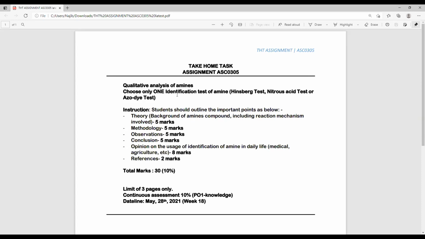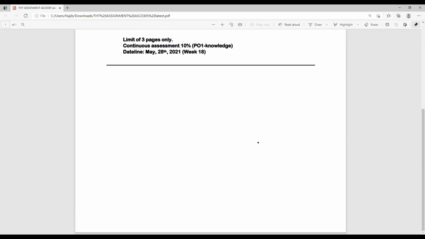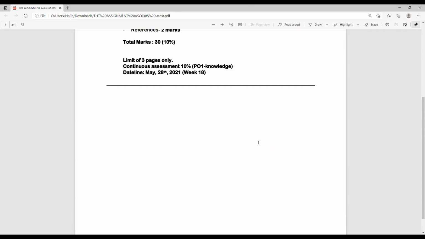So in your assignment, okay, take home task ni, so student should outline the important point as below. So apa yang kena ada dalam you punya essay ke, saya tak nak awak buat essay lah. Saya nak untuk memudahkan saya tanda. Okay, macam biasalah, macam awak buat lab report kan. So buat lab report awak akan ada front page. Okay, so ada front page yang apa, kuliah kat atas ni kotak kuliah berapa, logo UPM, nama, okay, nombor matrik,